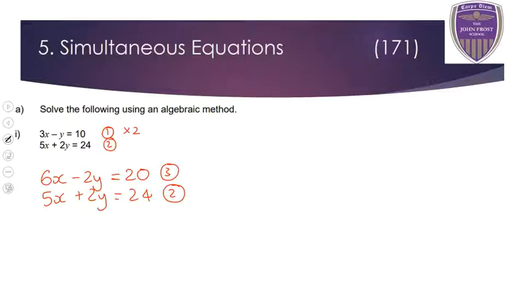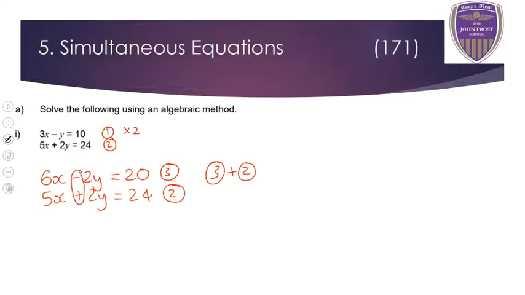Right, so that is always step 1, is to make one of the coefficients the same number, yeah? All right, so we've done that now. Now we need to remember our rules with the symbols. So the rule is, remember, same sign, subtract. In this case, we don't have the same signs, okay? We have 2 signs that are different, which means we're going to add instead. So we're going to add these 2 equations together,